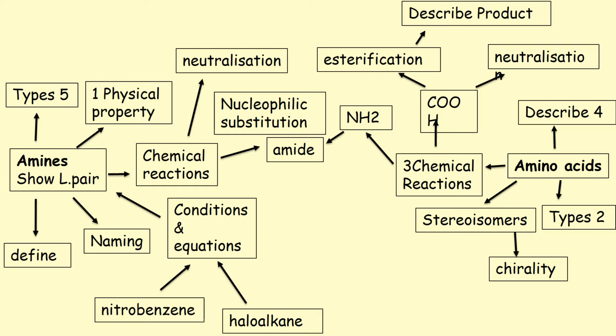So you can see from my mind map here that we will be talking about different types of amines. You might have already come across primary, secondary, tertiary, and so on. We'll define amines. We'll look at some exercises on naming amines, its physical properties, chemical reactions, and how you can make amines as well. During the course of this slide, I will also be giving you some time to do some extra exercises that are not in your textbook. Okay, so let's